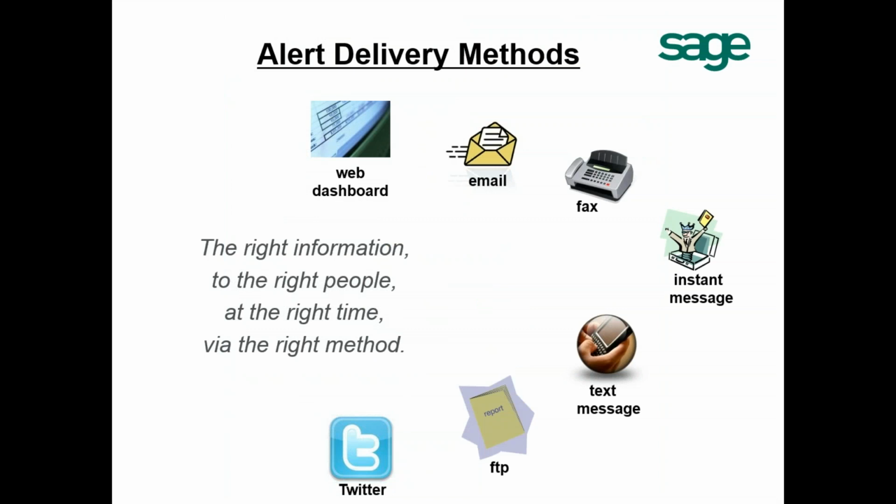But this is by no means the only alert delivery method. All of the methods you see listed on the current slide are supported as alert delivery methods. And it's true, email still is the number one most popular alert delivery method. And we support all of those email systems like Microsoft Outlook, Outlook 365, or hosted Outlook as it's also called, SMTP mail, hosted mail systems, etc.